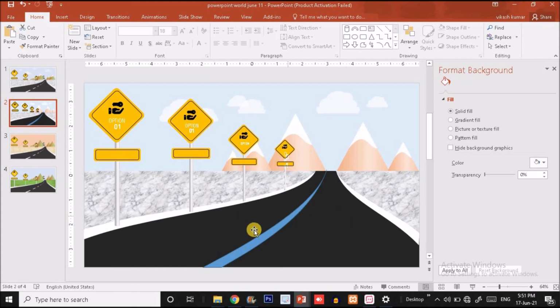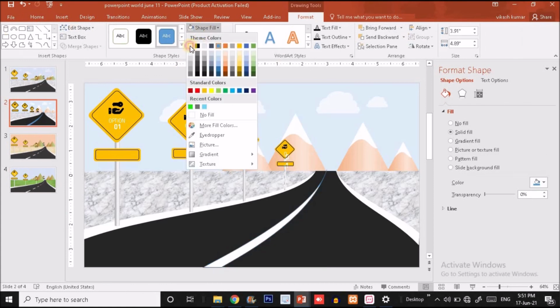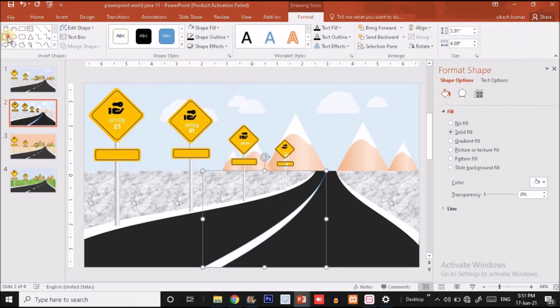The only thing you have to do, you have to split this blue line. First you have to change the color of this line. So I'm going to fill it with the white color, and after this I will select a rectangle and just put it over here, and now I will rotate it like this and start splitting it.